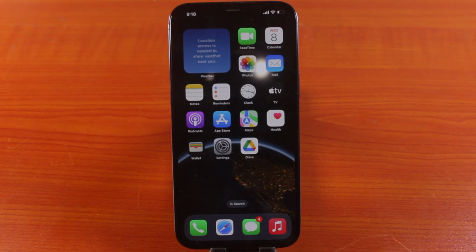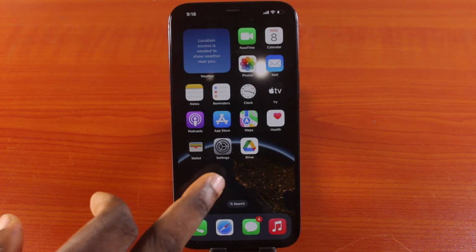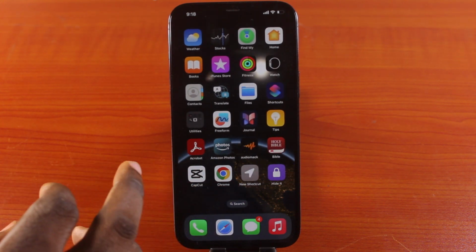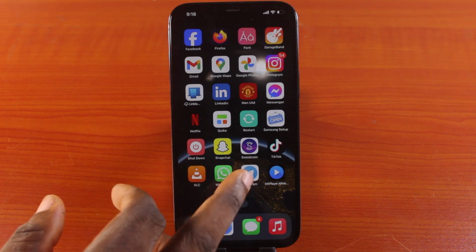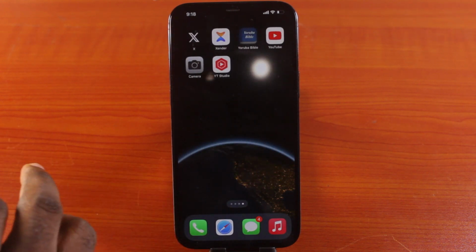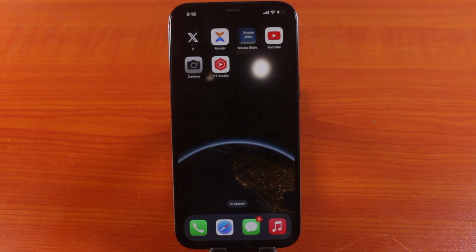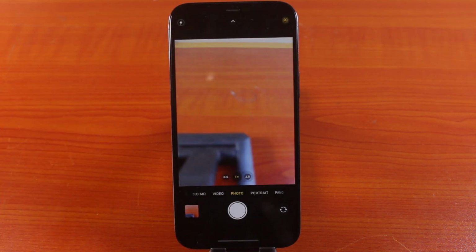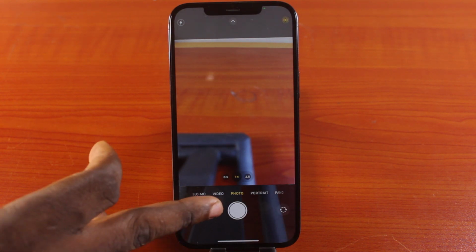So in this video, I'm going to show you how to set camera flash to auto turn on and off. With the camera flash auto turn on and off set, your iPhone will automatically turn on the camera flash when there is no light in your location, or the iPhone will not use the flashlight when there is enough light. Now to do this, all you need to do is open the camera application on your iPhone and swipe